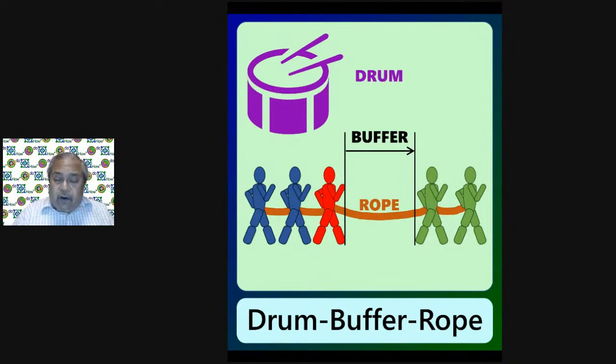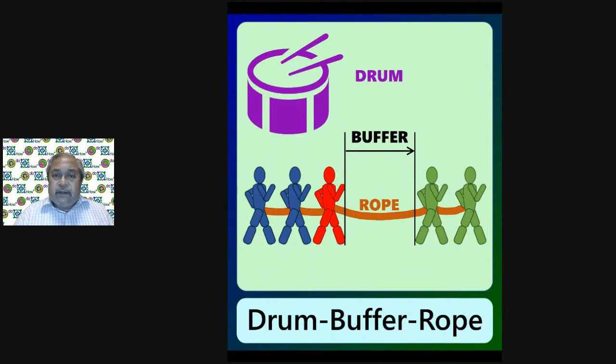Then what is below green? Let us say your lead time is 12 days. And from today to the delivery date, if it is 14 days, then it falls in the white zone. White zone is where it is lesser than green. White orders are prohibited to be started. That is the rope in the manufacturing. White orders you cannot start at all, because if you start the white order, then you are really building up inventory. It doesn't make any sense at all. Therefore, don't start the white order.